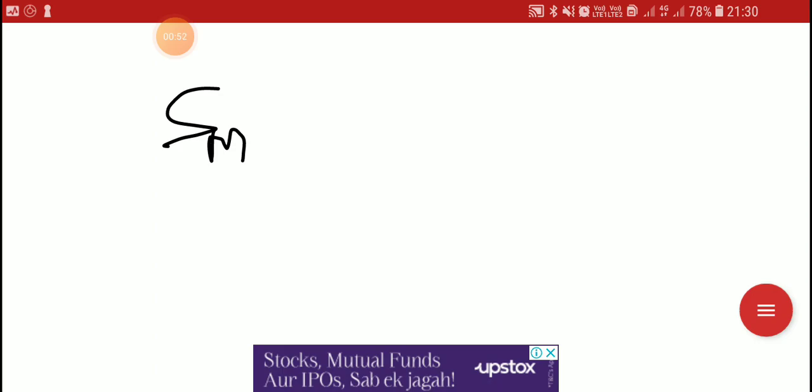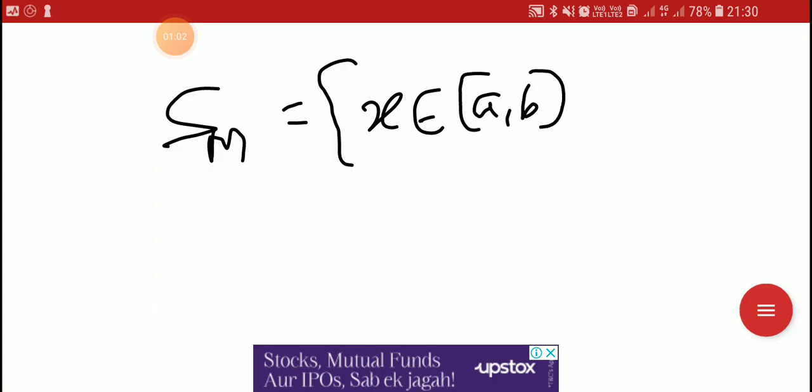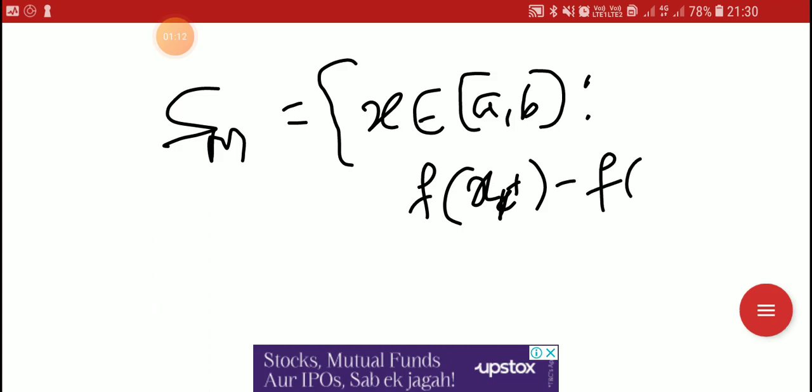That is, Sm is equal to the set of all xk in the closed interval [a, b] such that the jump, meaning f(xk+) minus f(xk-), is greater than or equal to